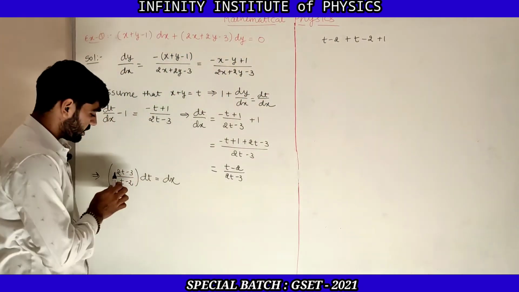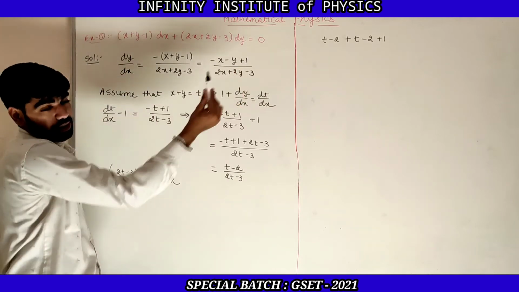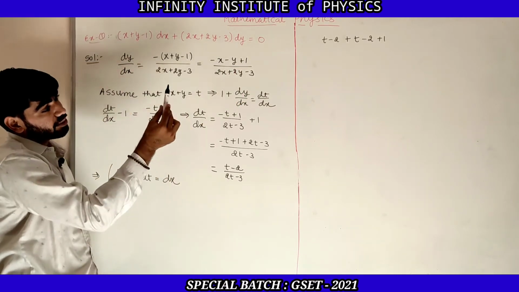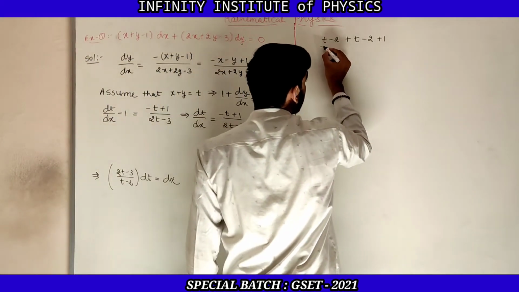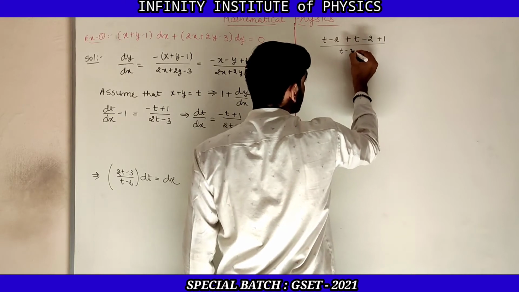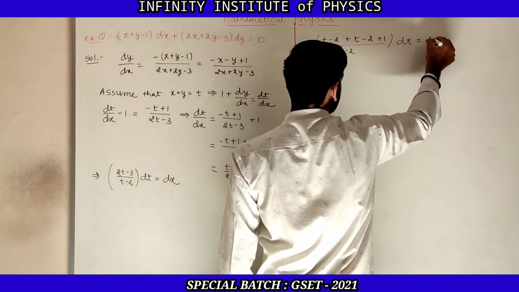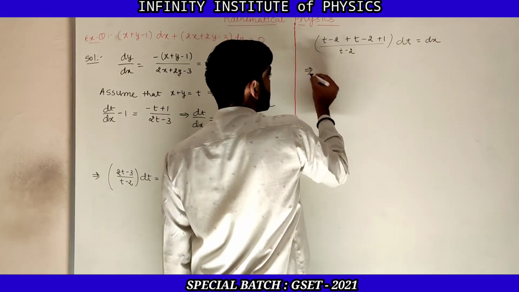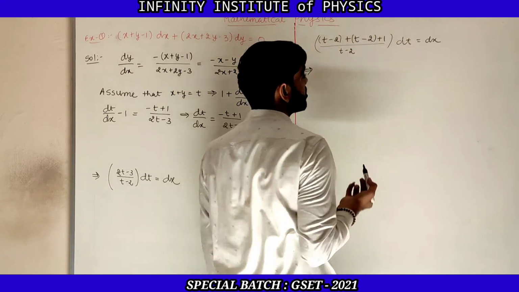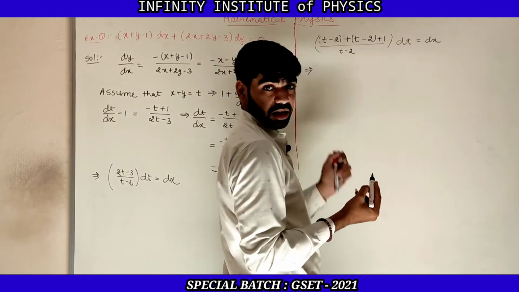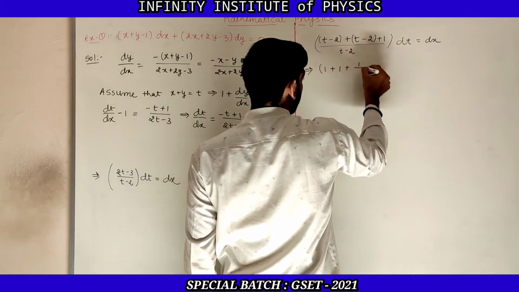What I have done, this 2t minus 3 that I have expanded: 2t can be written as t plus t, and minus 3 can be written as minus 2 plus 1 upon that t minus 2. And why I have done this, you can see in the next step. So now this is t minus 2, this is again t minus 2. So now let us give the denominator to that particular term, then it is 1 plus 1 plus 1 upon t minus 2